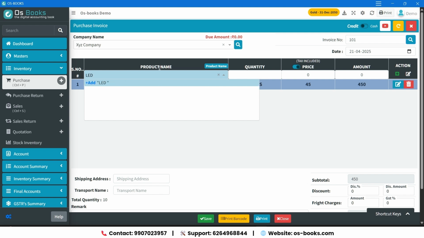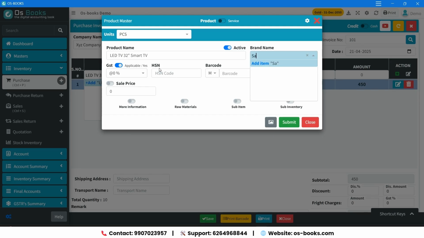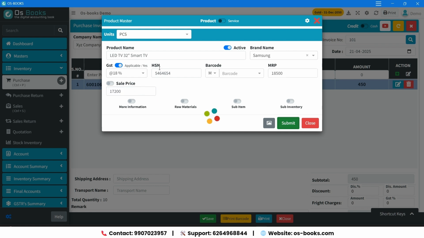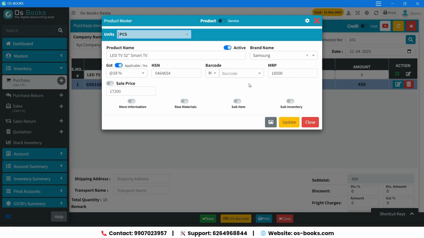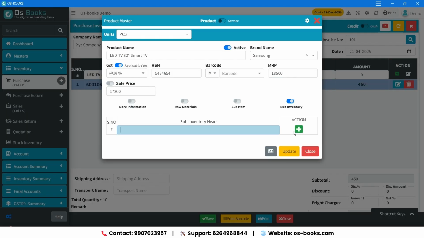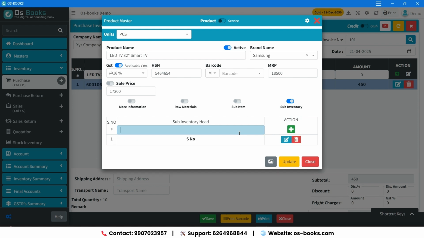Now, let's add an item for an electronic shop, such as an LED TV. After that, enter the brand name. Then, fill in the GST and HSN code, followed by the MRP and selling price, and click on Submit. If you sell the TV by serial number, click on Edit for the product. Then, turn on Sub-Inventory. After that, go to Sub-Inventory head, type the serial number, click on plus, and then click